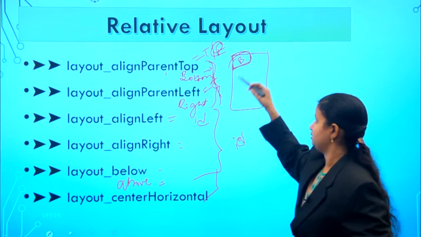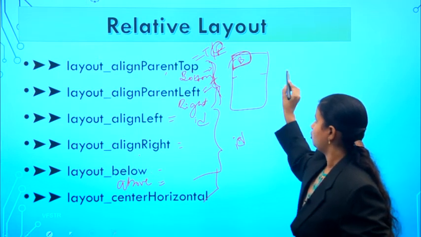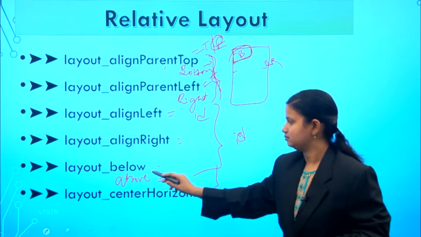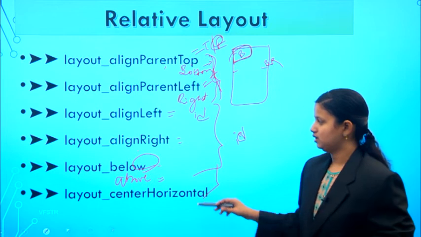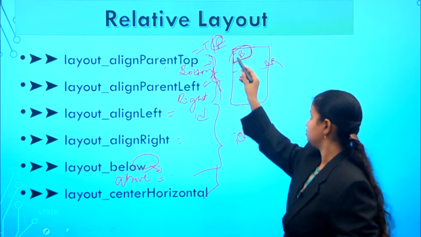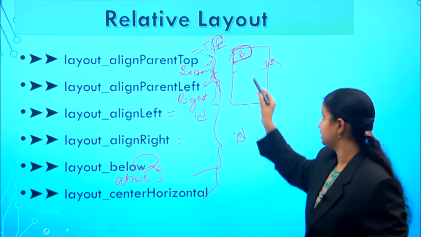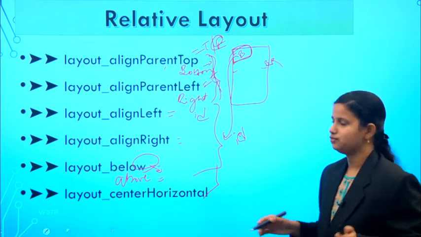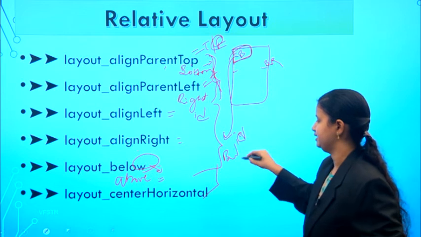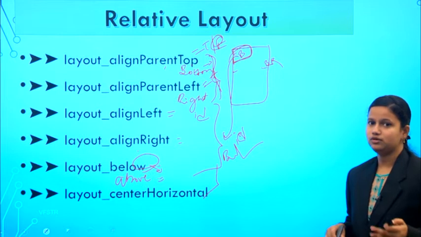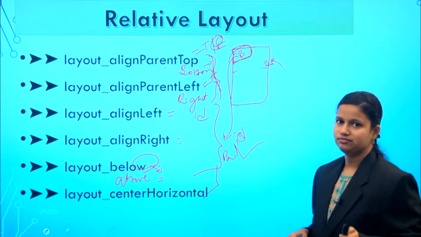That means the button is already present. For this button I want to add a view in the below right position, that means bottom right. So in which view do we have to add the below position? The button. So we have to add it below right, and for that we pass the previous, that means existing, view ID. That means the button ID is to be provided here. So whenever you are adding a relative position, to which view we want to add this new view, at that time you have to pass the previous one's ID.